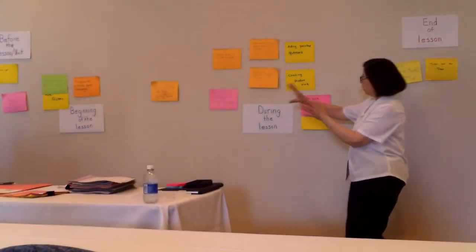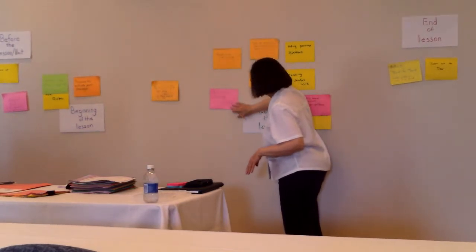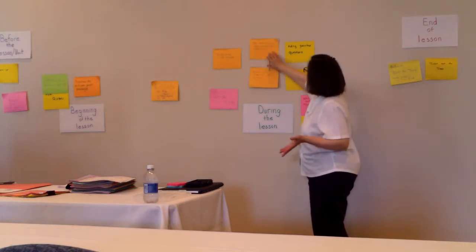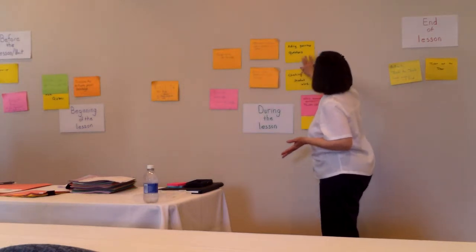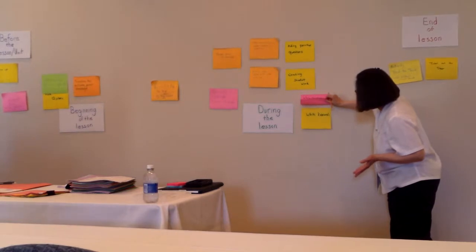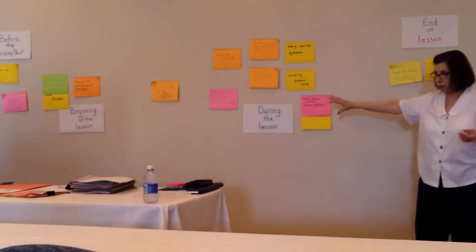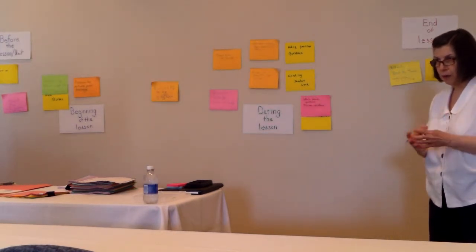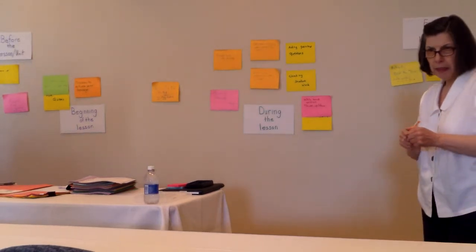In terms of during the lesson, as we move along, we have sample tests with answers, leveled examples from easier to harder, simple to complex, observations, questions while students are working, lessons with group work with answers, asking pointed questions, checking students' work, whiteboard questions, thumbs up, thumbs down, using the whiteboard. All right, so these are some others. Did anyone want to speak to any of these and some of the things you think work well for these and why you value getting information this way?